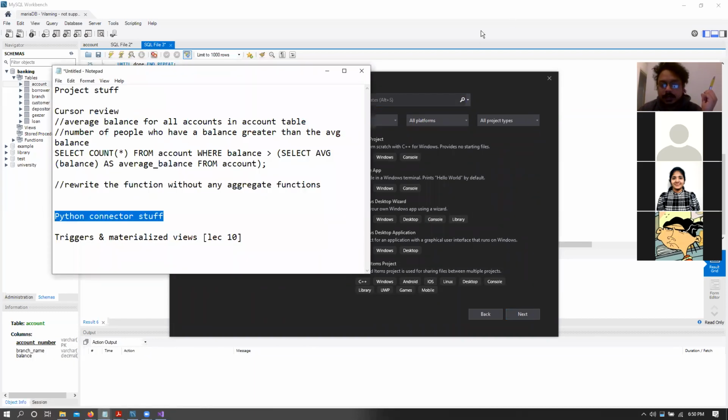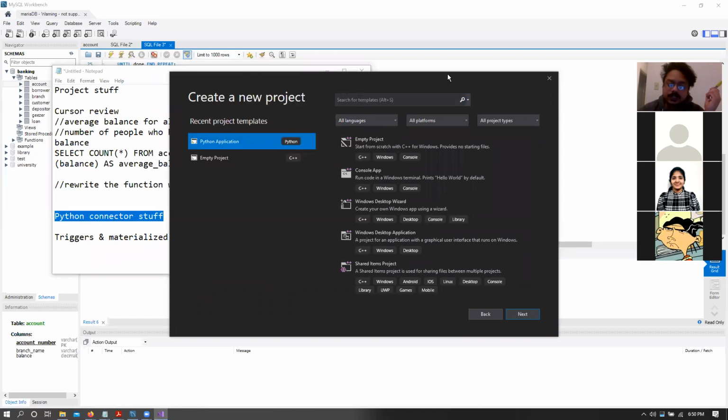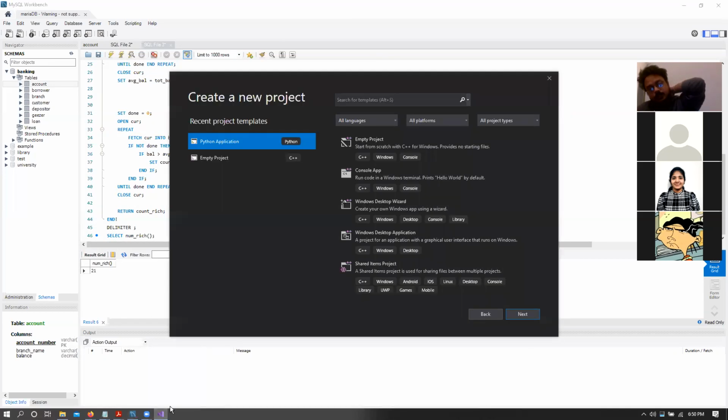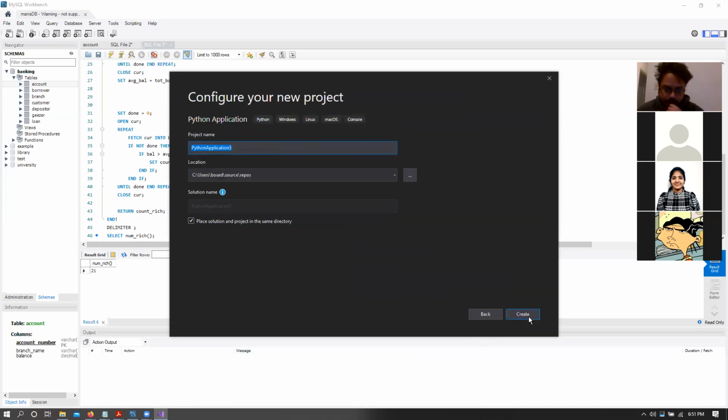So we talked about how we write functions and how we write loops in our SQL language. So these were your procedural SQL languages, right? Now let's look at how we can make an application connect to our database, right?